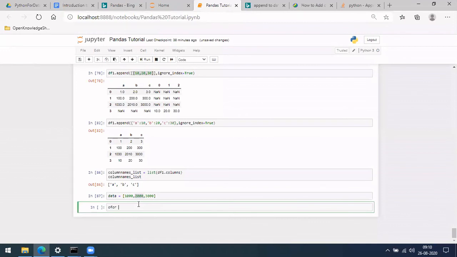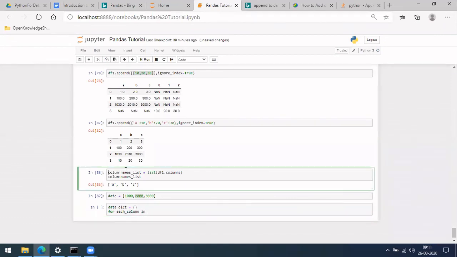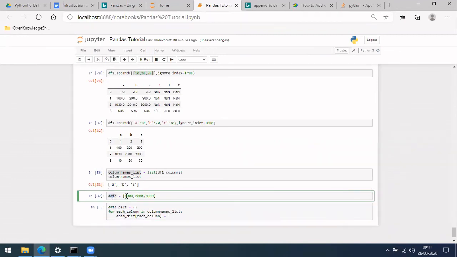So how we can do it is put a for loop. Let me make a data dict equal to, I'm defining a dictionary now, for each column in the column list, and data dict of column name equal to the data. Both should have a pointer 1, 2, 3 and so on, so let me make it that way.